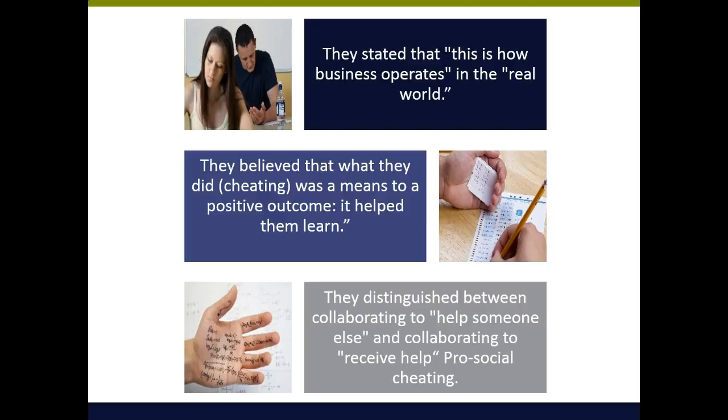The research calls that pro-social cheating. Maybe parents feel good when they do their kids' homework for the same reason. So students are distinguishing the student who asks for help, or the student who copies off someone's paper. That student is doing something more wrong than the student who is the supplier of the answers, which I think